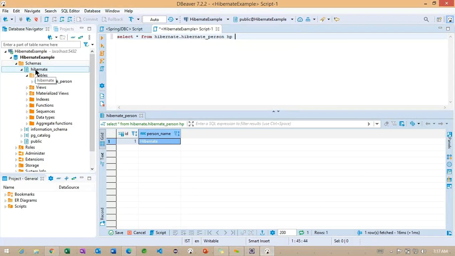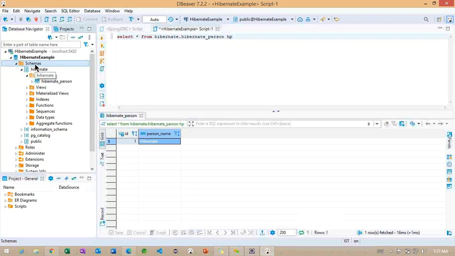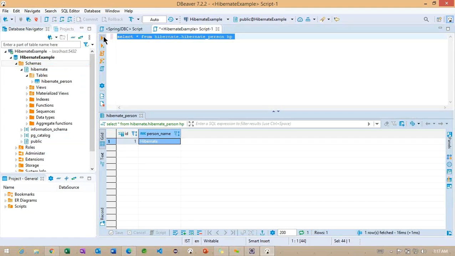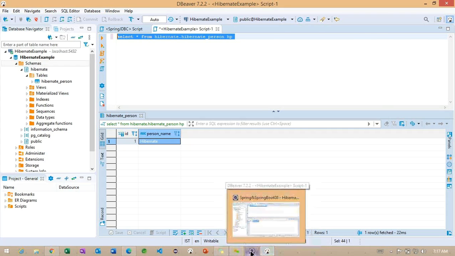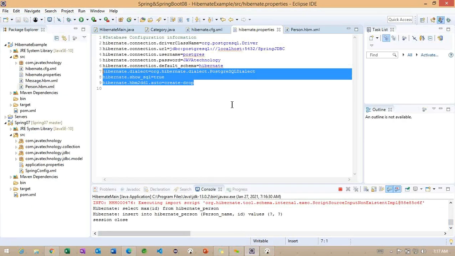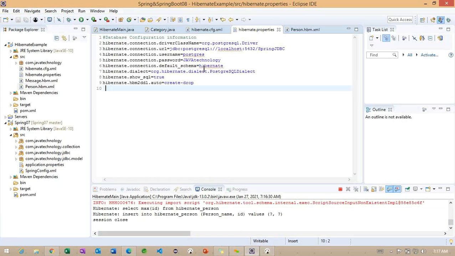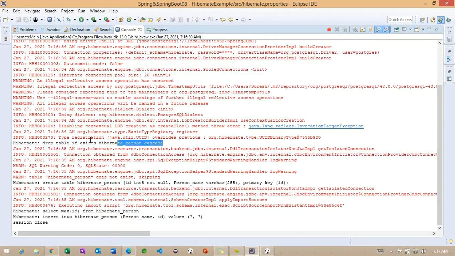Now go back to here. Again, you are going to get the same one record. Let me refresh and run the same example. You can observe here only one row is fetched, because of what we specified in the HBM2DDL, create-drop. Getting the point? You can identify here every time you are going to get this particular drop command.